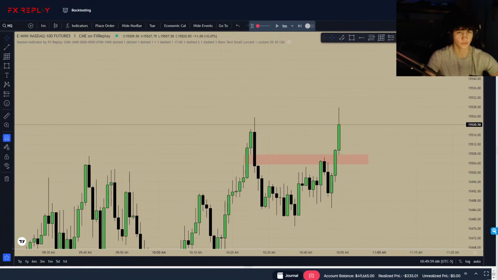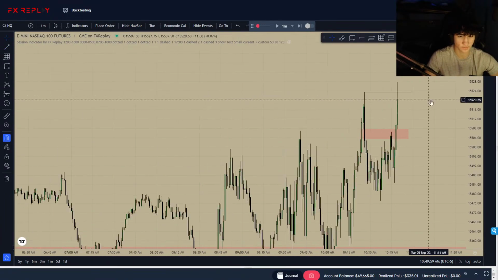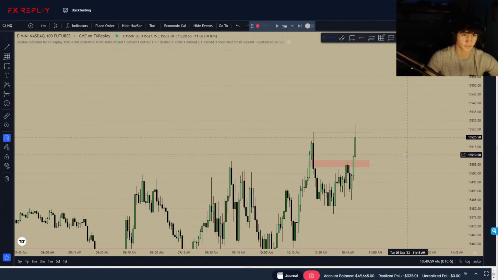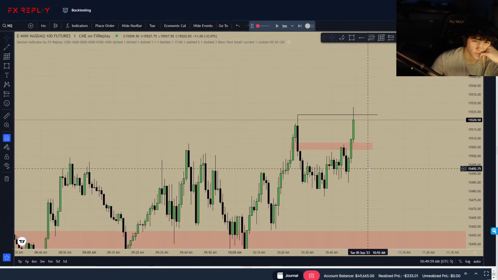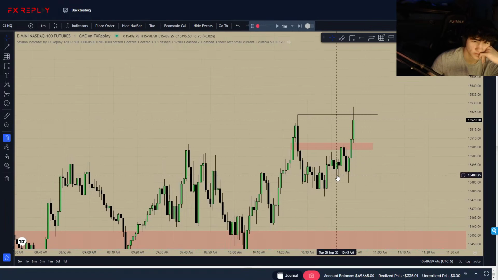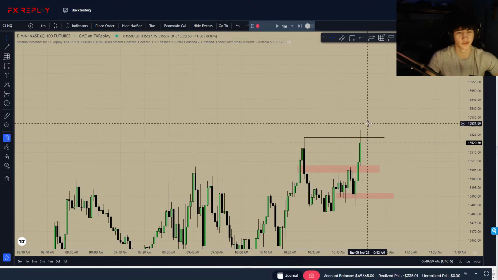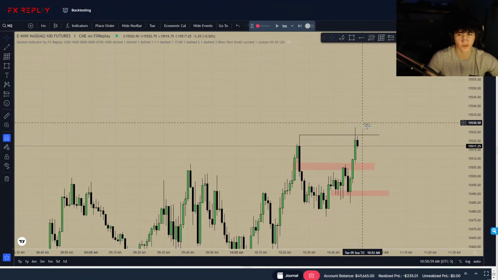You'd still be looking for longs? I would have entered longs in that fair value gap. This one? No, the other one. Which one? This one right here? Probably would have got stopped out. Yeah, probably would have got stopped out. I mean, this one was respected throughout the entire thing. I like seeing the wicks respected, but we already filled it out. Still, this isn't really something I'd like to see or trade. We're gonna reject softly.